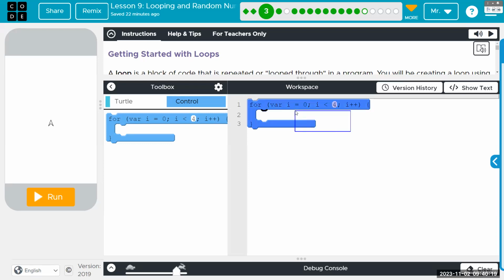All you need to know at this point is that the number of times you want to do something goes in the only available blank. Later on, we will talk about what is actually happening here, where we're declaring a local variable. We're saying how many times we want to do it and how much that counting variable should increase each time. But don't worry about it. For now, the only thing we can change is the number of times we do something.